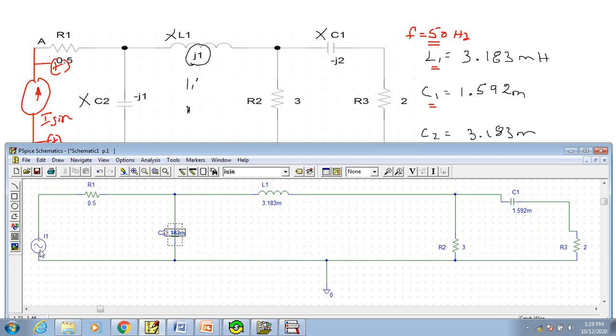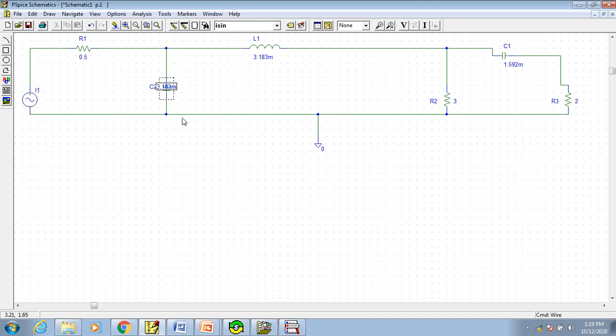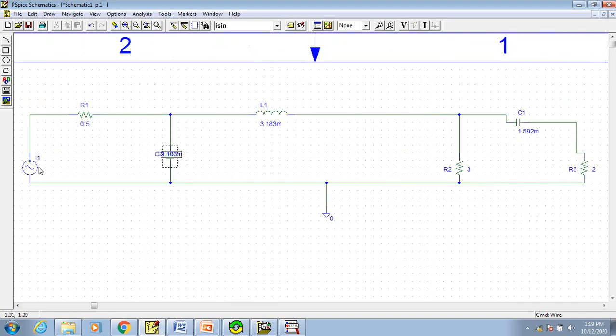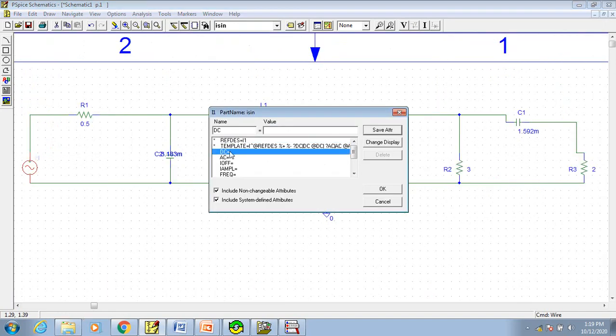Okay, and now this is important. What all parameters have to be given as input for I sign, right? This is not a DC source. It's an AC. Thus DC is 0. It is an AC source, so AC should be 1. Now what is I of?